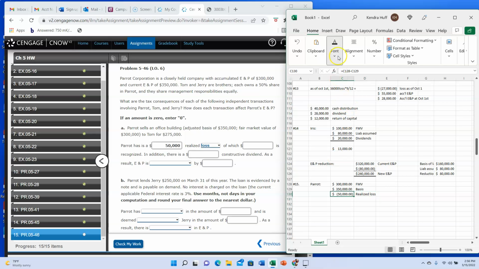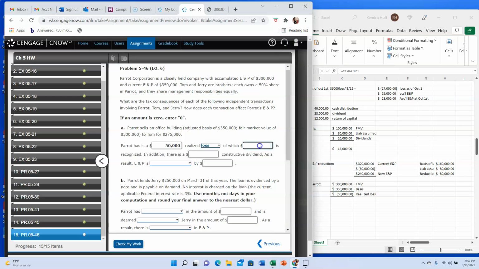Okay, so $50,000 realized loss, of which 0 is recognized, because I sold it to a related party. In addition, there is a